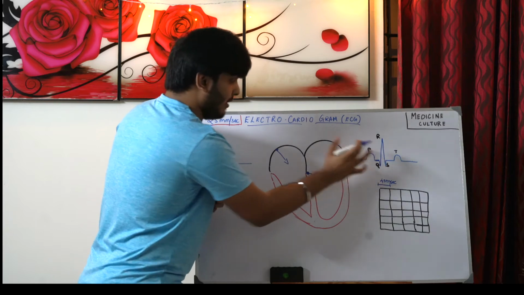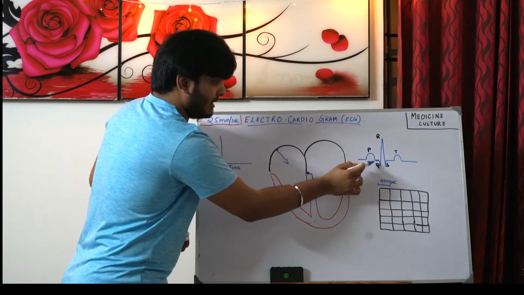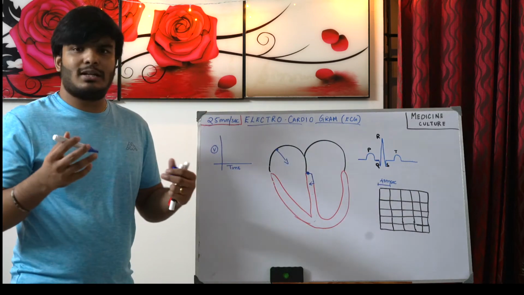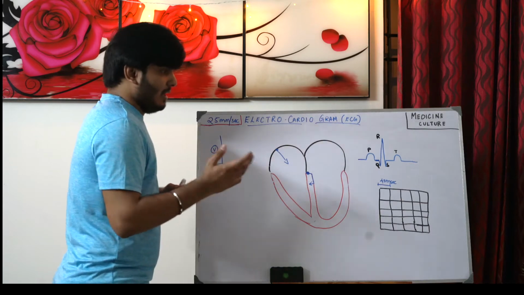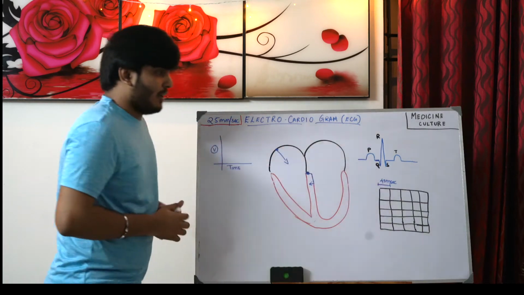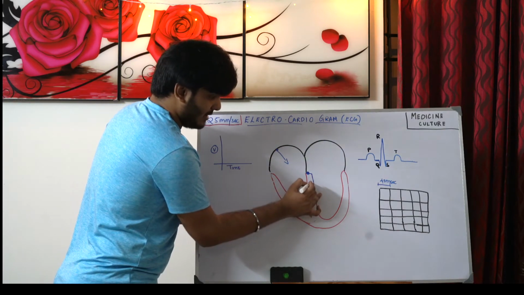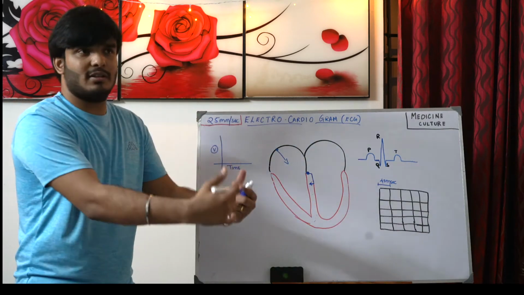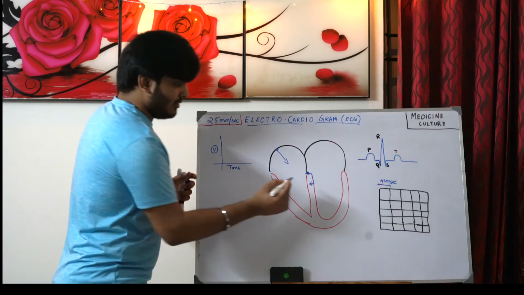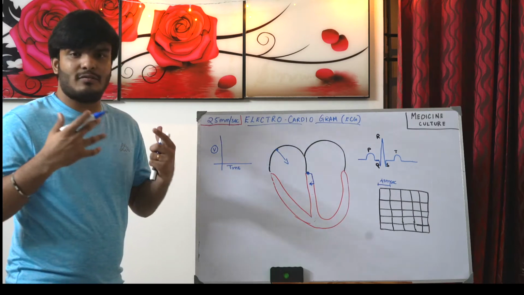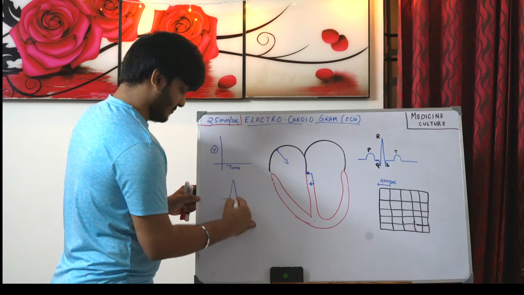So a positive P wave is due to the current going along the axis of the heart to the AV node, and the isoelectric line is due to the AV nodal delay or AV nodal conduction that is happening on the interventricular septum. And how does this negative Q wave happen? You see this current goes from the left side of the bundle to the right side of the bundle. It's happening on the septal point, right? So you see it's perpendicular to the electrical axis of the heart. As I said, when it goes perpendicular, you get a biphasic wave.